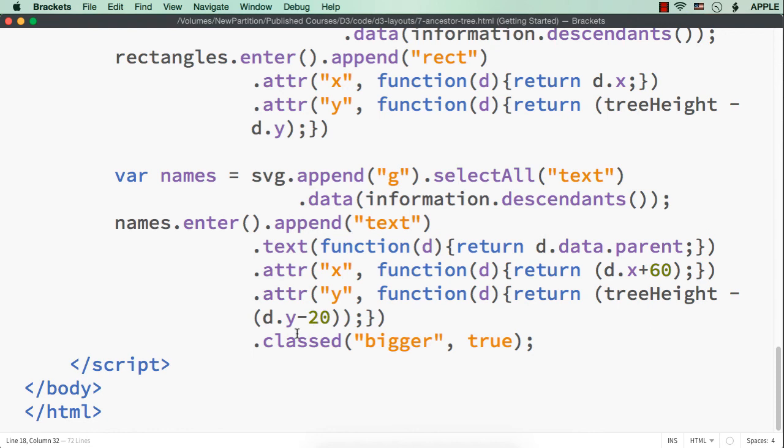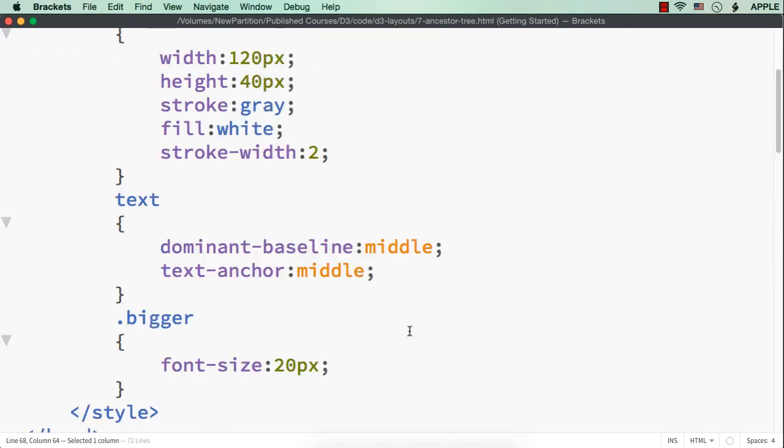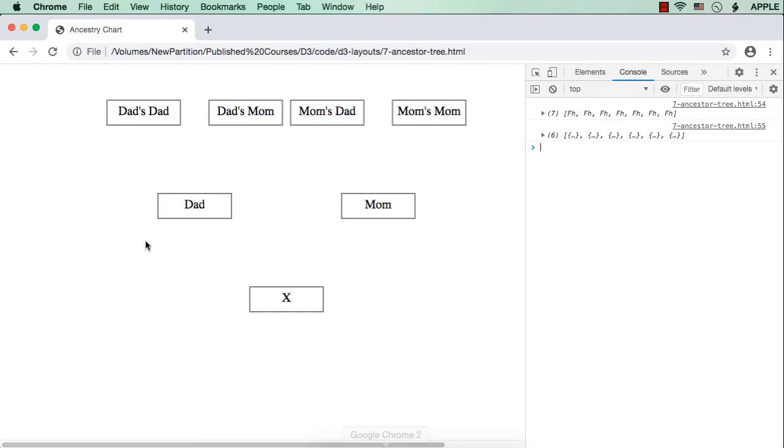Actually we need to add the value to this, but as it is inside a bracket and here we are subtracting it, so I have subtracted 20 from this so that minus will become plus. Now it has moved to the center, and then to actually properly center it, we have used the dominant baseline's value to be middle and text anchor to be middle. Now the text is also positioned correctly.